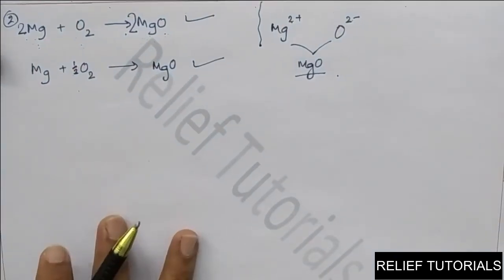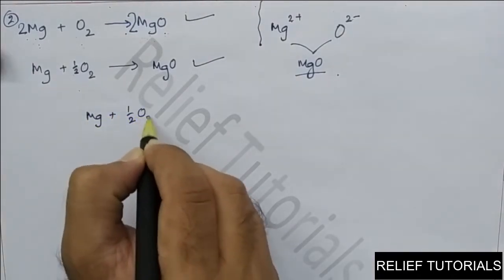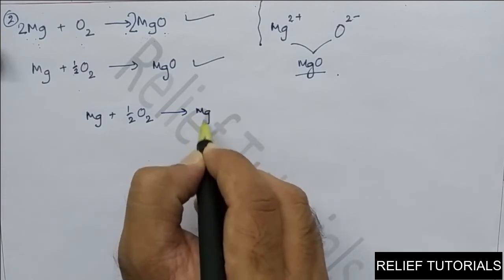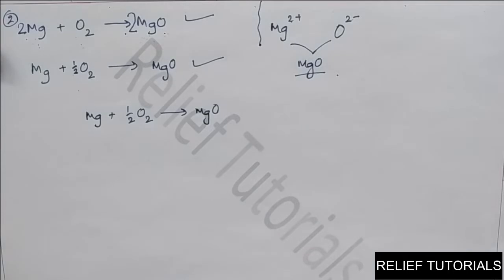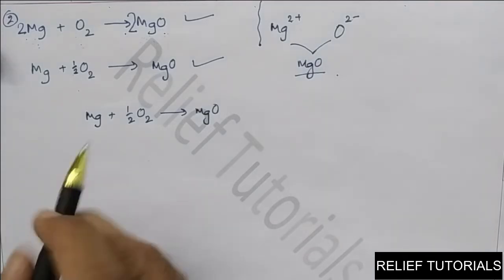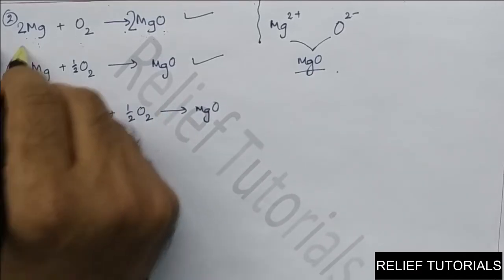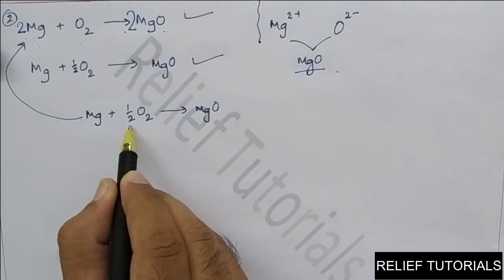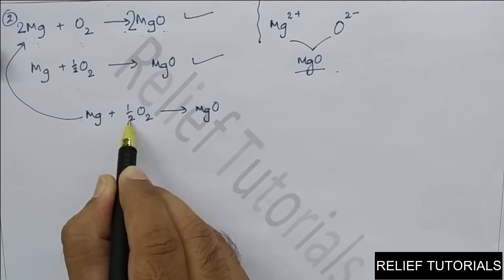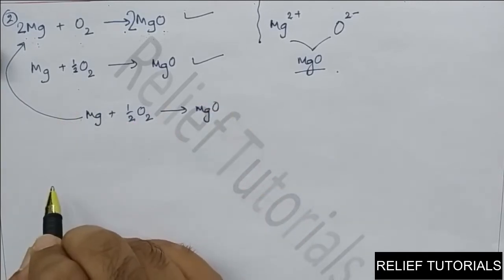Sometimes students ask me that if we write the balanced equation like this, our school teacher is not allowing this method. Then what can you do? For example, you are balancing the equation by this method and now you want the answer like this only. Then look at this. What is in the denominator here? 2. Okay, so denominator is 2, so you can multiply the whole equation by 2, a mathematical operation.